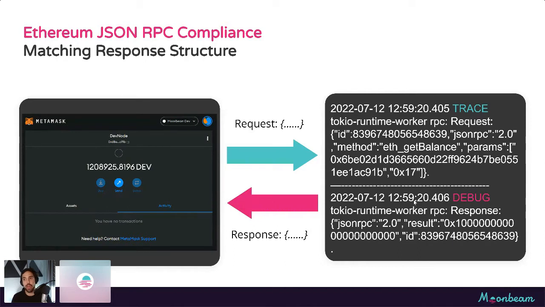And then the node actually responds right after with this response, highlighted in magenta, with JSON RPC 2.0. The ID matches that of the request, so that it makes sense that this response is for this request, and the result is basically this hexadecimal number that is displayed in MetaMask nicely as a decimal number that represents something to the user. Okay,